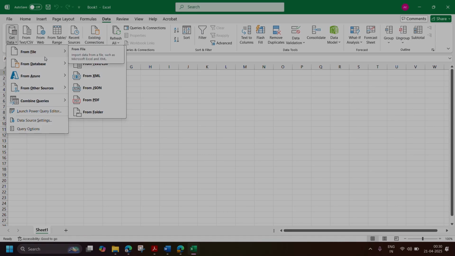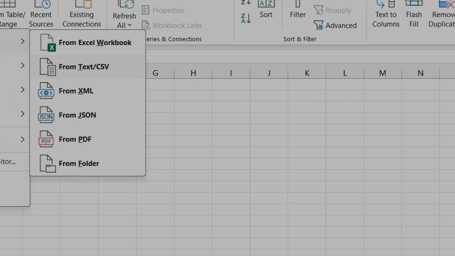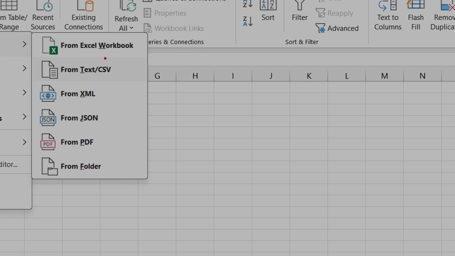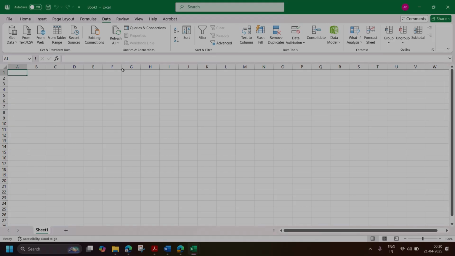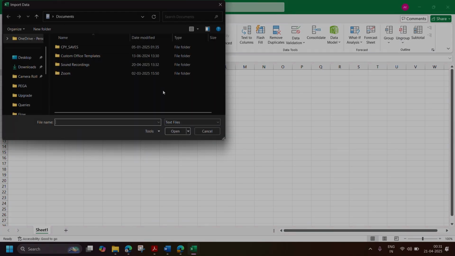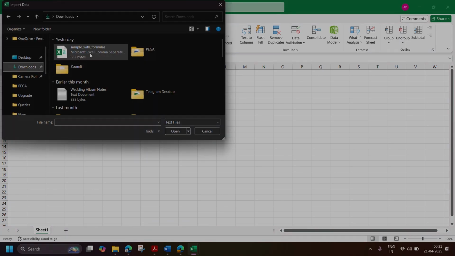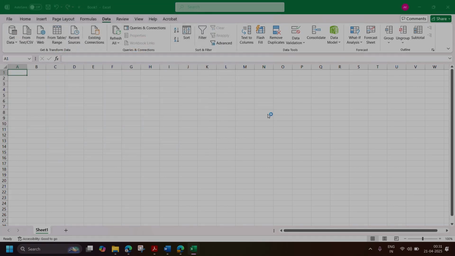Here I have a CSV file, so I need to select from text or CSV file format. Here we can see the different types of formats that are supported by Excel. Or I can directly click on From Text/CSV in the menu bar. So I am going to click on From Text/CSV. From there it pops up an upload button to import the file. So once I import,